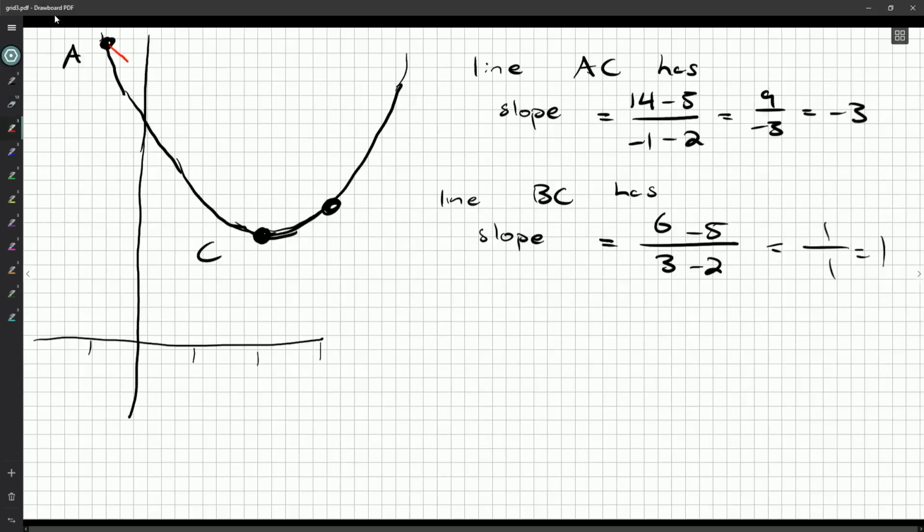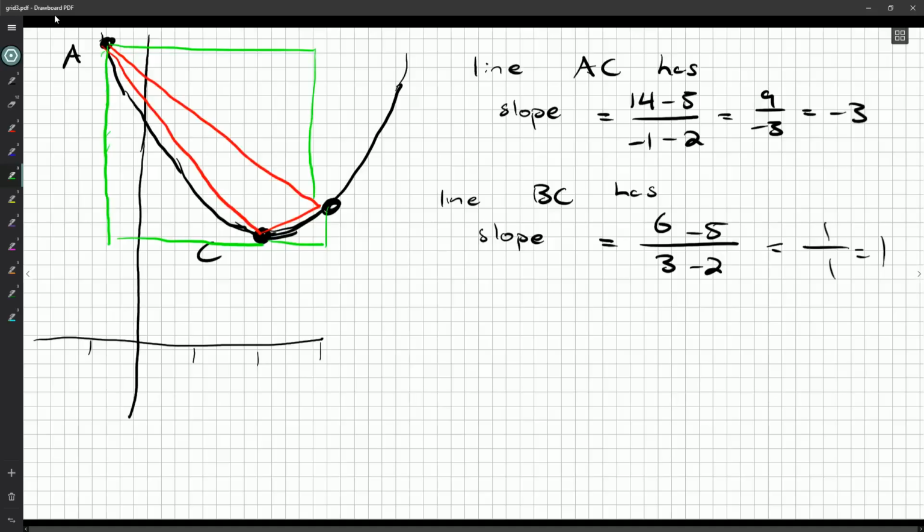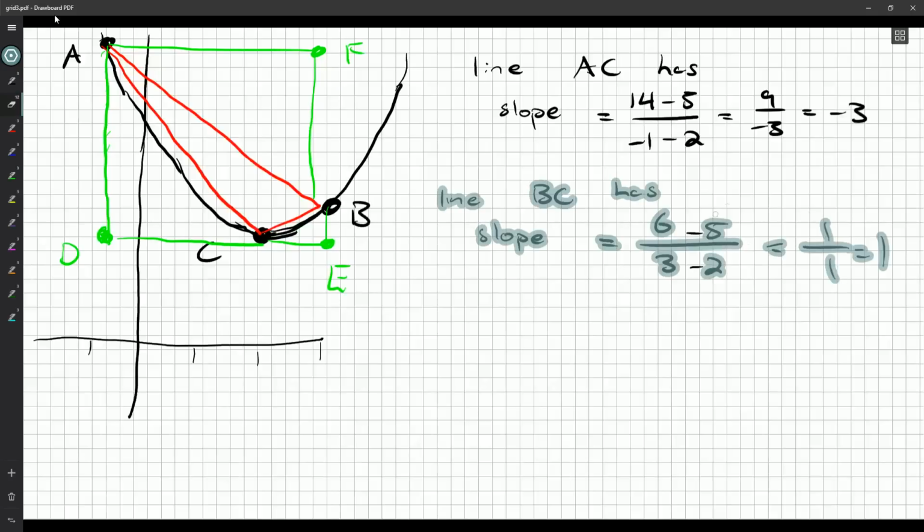Well, this line here to this line here to this line here. What I'm inclined to do is sort of make a little bounding box and figure out the area of this rectangle, whose height I can figure out. So we'll need some new points here. So we'll call them D, E, and F, also right in B. Okay. So instead of doing negative reciprocals, because that didn't work, even though I really wanted it to,